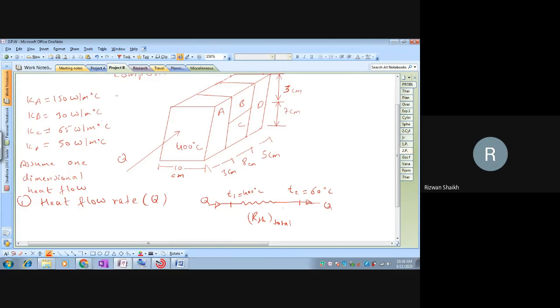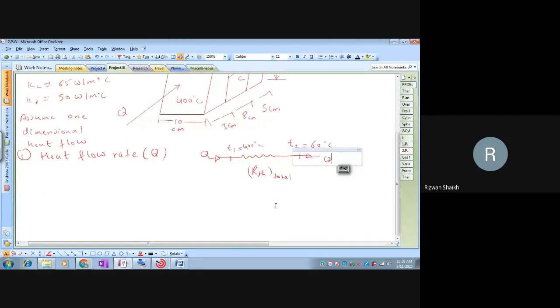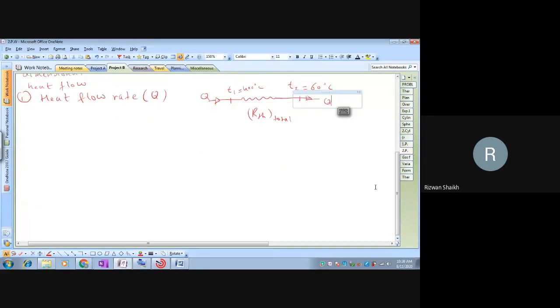And if I want to draw the other part of the resistance, how can I draw? I can split it as we have A, B, C, and D. So this is the important part. If you're able to draw this, just suppose this is the resistance A part. So I can draw this as the one resistance.